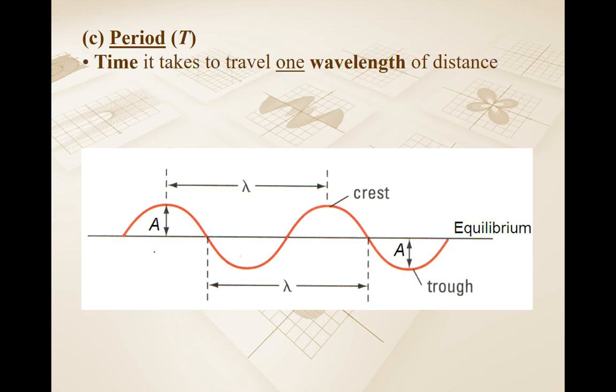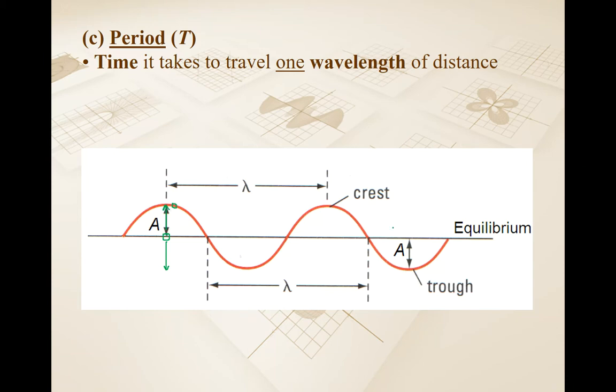The period is the time it takes to travel one wavelength of distance. I like to think about this a little bit differently. If you're wondering what one period is, we can relate this to simple harmonic motion. Your particles are always vibrating up and down, always going to an amplitude and then passing through the equilibrium position. So this is an example of simple harmonic motion. There's some kind of restoring force that's making my particle go back towards the equilibrium. One way I would think about the period is, if you took a particle here, and what happens is